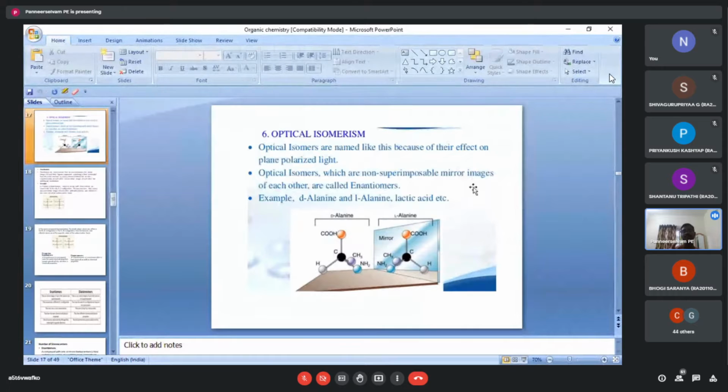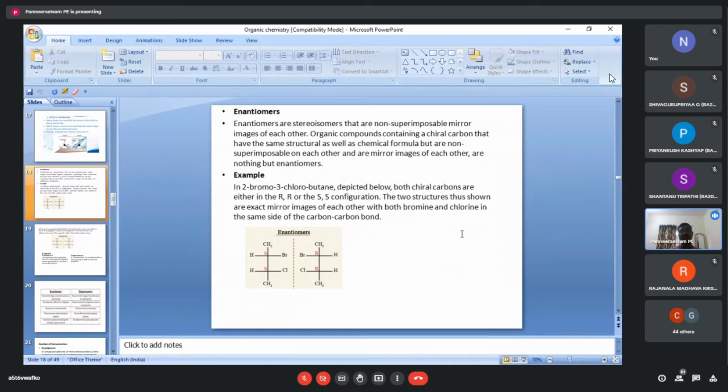Some compounds are also a racemic mixture, plus or minus, where the ratio will be 50-50%. Meso compound. Okay, so what about the enantiomer? This also has an asymmetric, chiral carbon, is optically active, and the molecules are mirror images and non-superimposable. Here also is an amino acid, one type of alpha alanine. This is also mirror images, right? So what about enantiomers? Already we discussed it yesterday.